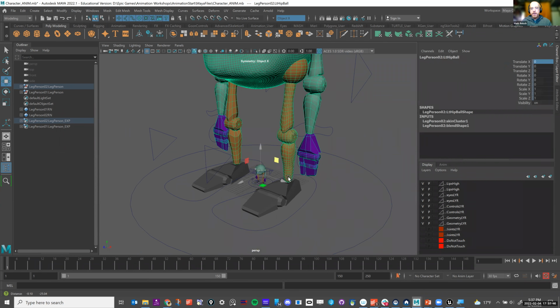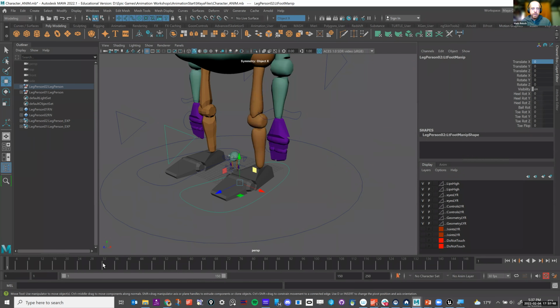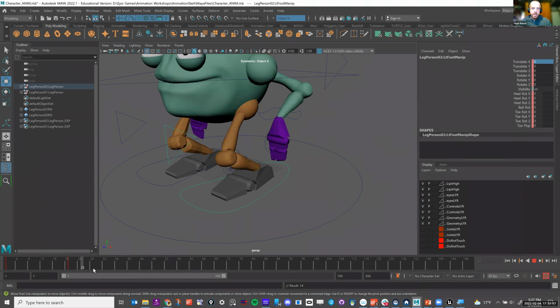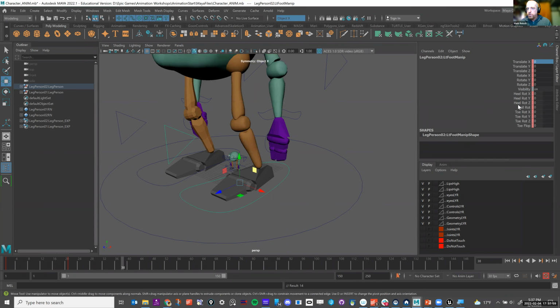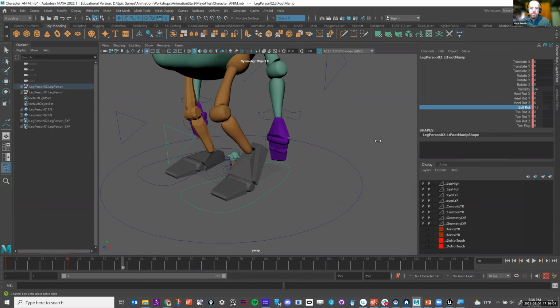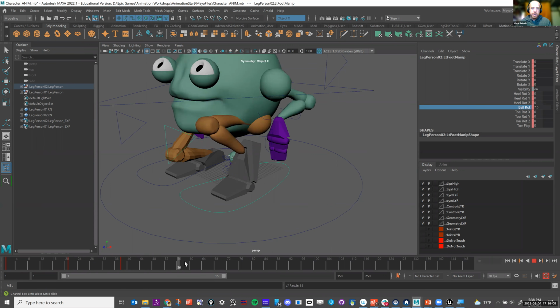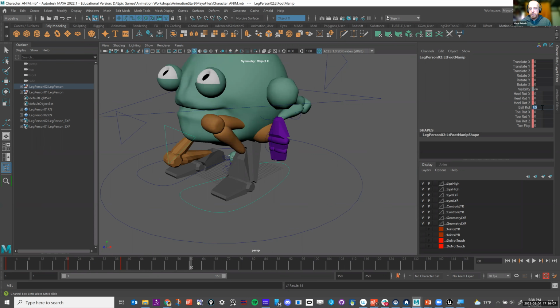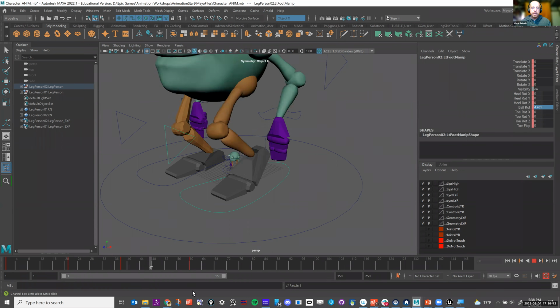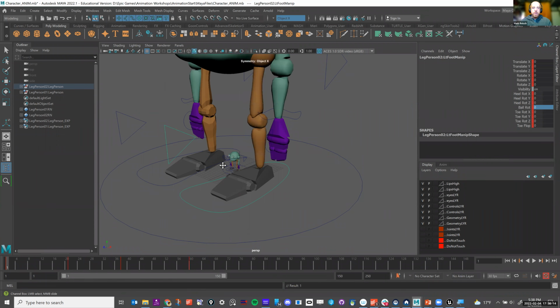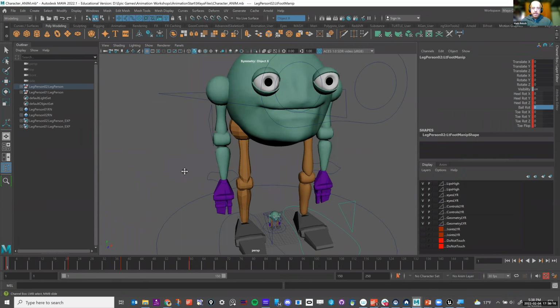Now, if I did the foot roll, I'll just add some foot roll to it just to show you that that's also working. So I'll go here and make a key there, and then when it goes up to here, I'll do ball roll, and I'll give them a little ball roll there. And then when it comes back down, I'll put the foot back down to 0, and we'll just leave it like that, just to show you that it'll do some animation there. Okay. And so that's going to be character 1.